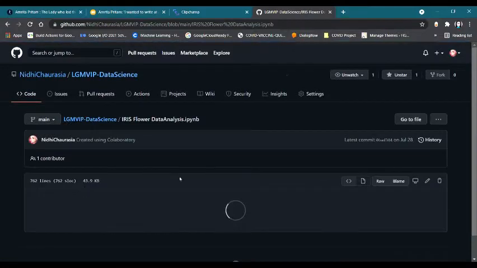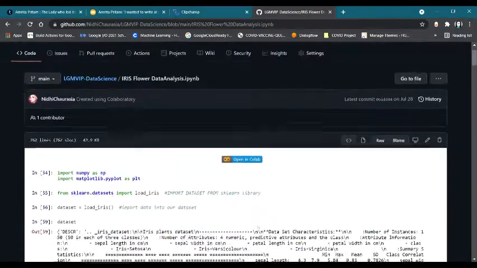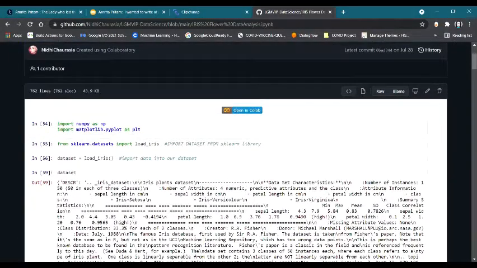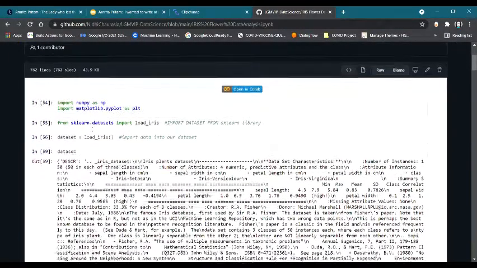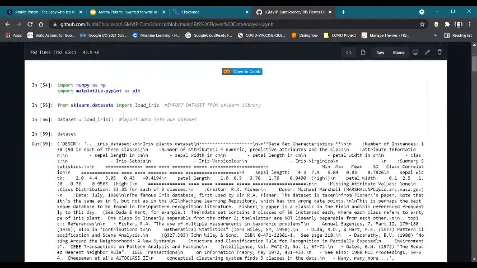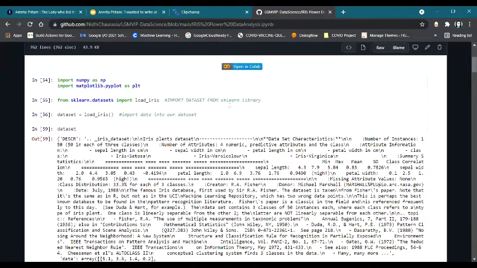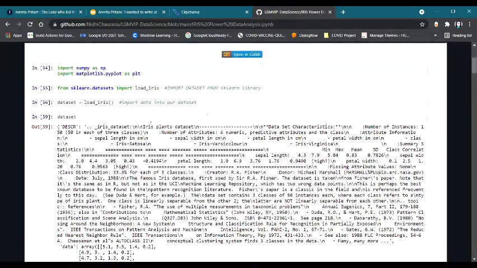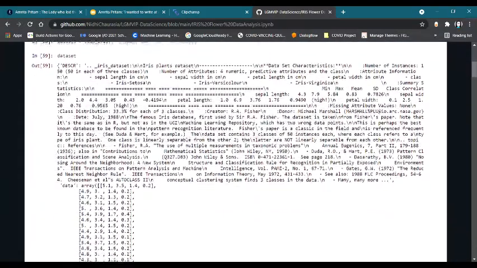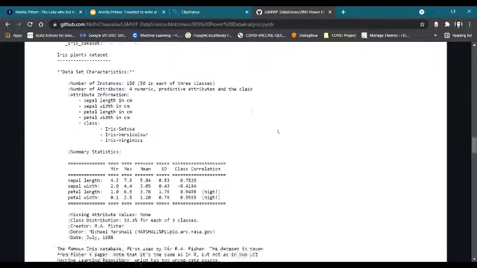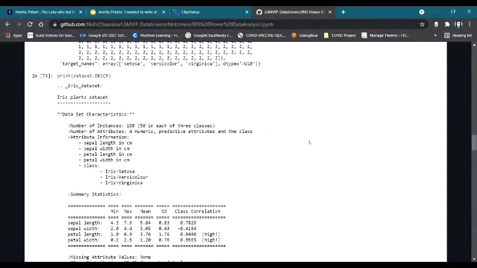This is the Iris Flower Data Analysis project of the Let's Grow More internship, in which I have imported libraries like NumPy and Matplotlib, and imported the dataset from the sklearn library into a variable, and then we can see the description of it as I have printed.